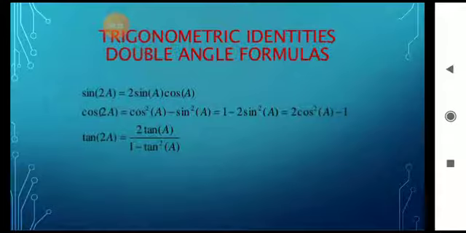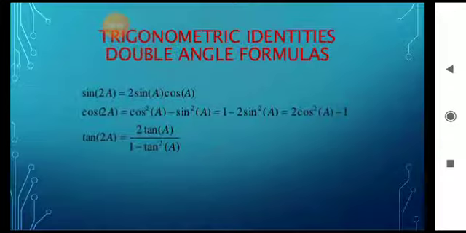Trigonometric identities of the double angle formula. If the angle is doubled, sin A plus A, that is 2A. If we have sin A plus A, then sin A cos A plus sin A cos A, or after addition it gives 2 sin A cos A. So sin 2A will be 2 sin A cos A. Similarly, cos 2A is equal to cos square A minus sin square A. Or cos square A can be expressed as 1 minus sin square A, so it is expressed as 1 minus 2 sin square A.